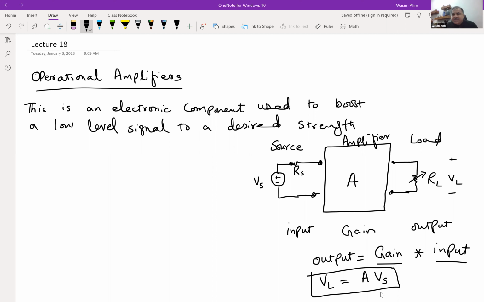And this A can be designed depending on what the requirement is. Okay, so now from here, let's represent this. Again, we can say, what is this A, or what is this amplified stage? What is included there? So the way we look at it is from the point of view of the source voltage, and also from the point of view of the load. Okay, so from the point of view of the source,